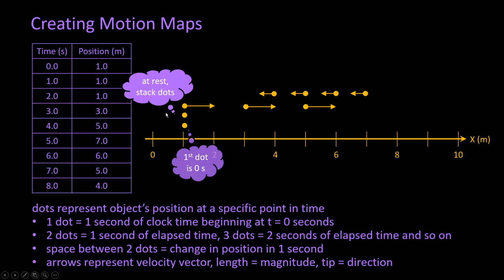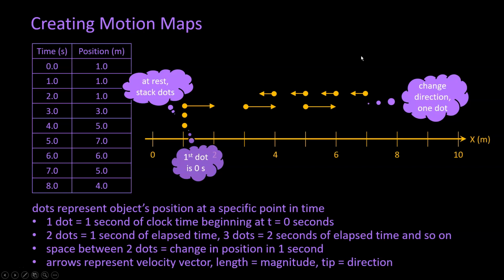When an object's at rest, we stack the dots vertically. When we change direction, we only have one dot. We don't have two here. Now you could put the dot here and then just have this leftward arrow without a dot up here. I choose to do it this way, but either way is correct. But what you cannot do is have a dot here and a dot here, because if you stack dots,